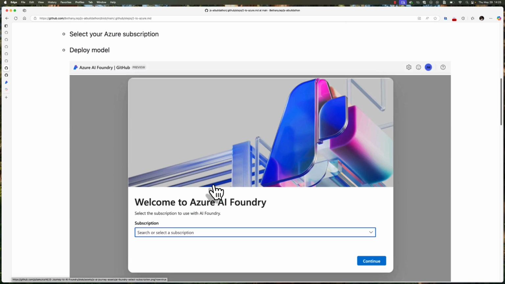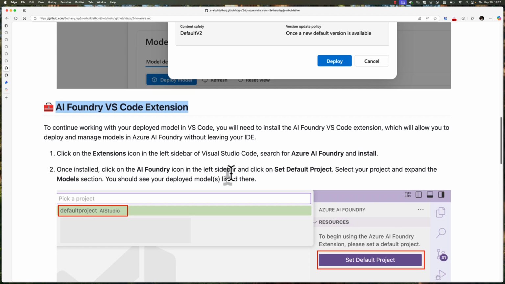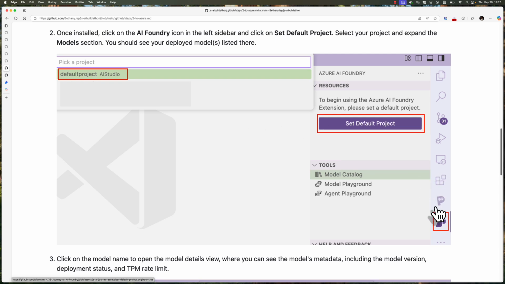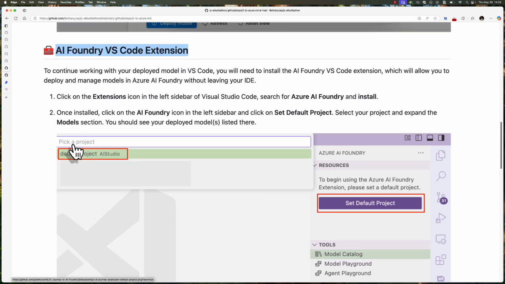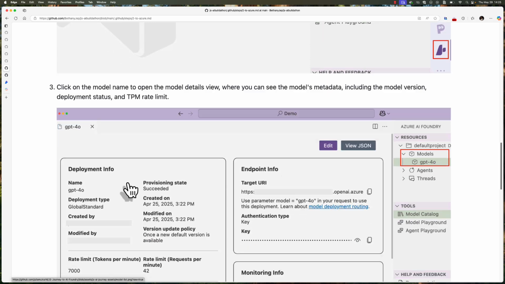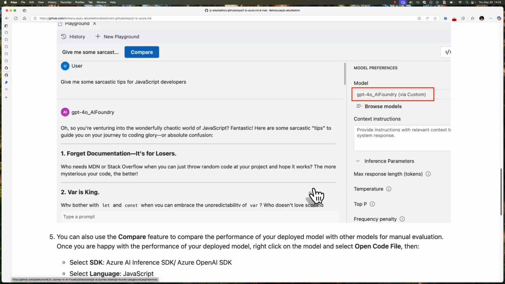Once your model is deployed, you can then go back to Visual Studio Code and use the Azure AI Foundry extension. You only need to go in and search in the extension tab for Azure AI Foundry. Once it is installed, an icon like this will appear, and you can go ahead and select the project you just created. In the project, you will have access to the models you have already deployed, and you'll also be able to have a playground where you can test it out